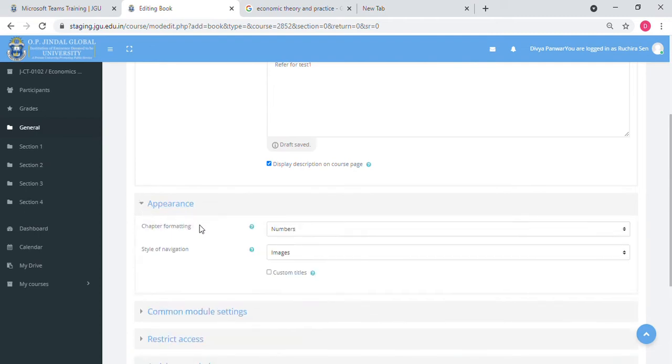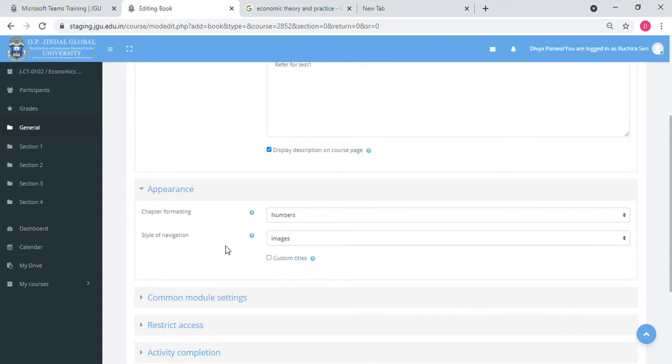In the field appearance, you can decide the chapter formatting, whether it should be in numbers, bullets or indented. And you can even change the style of navigation by selecting here from the drop down: table of contents only, images or text.